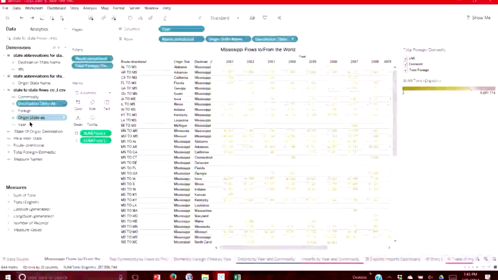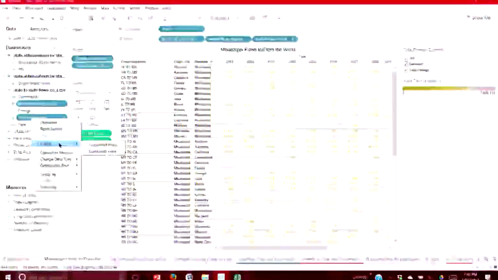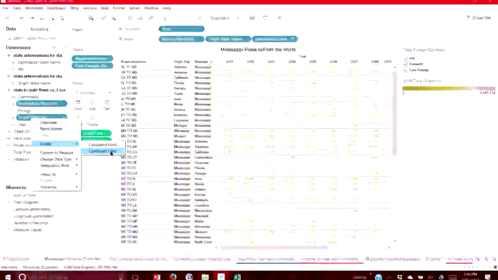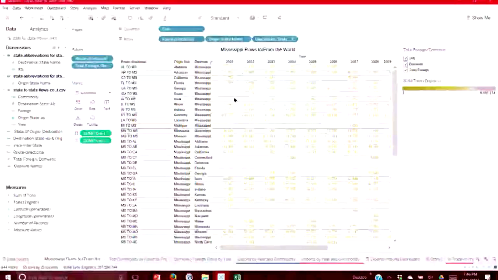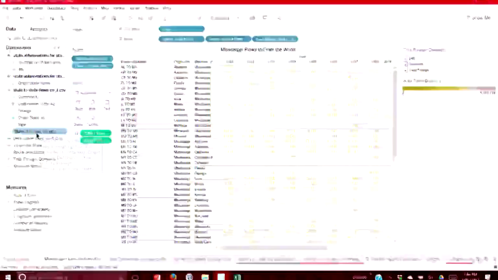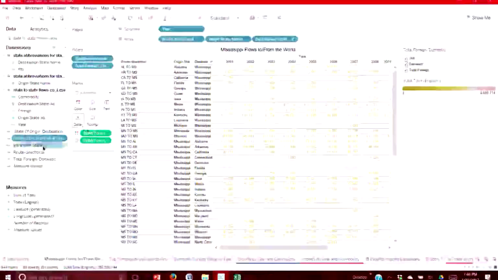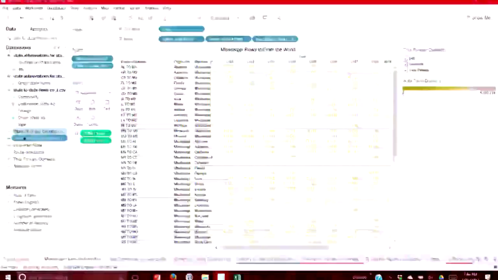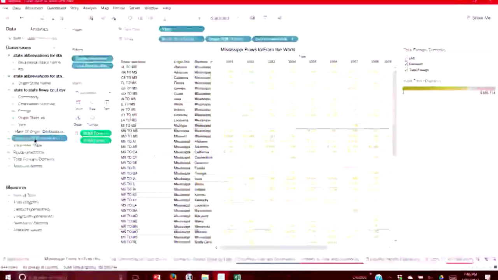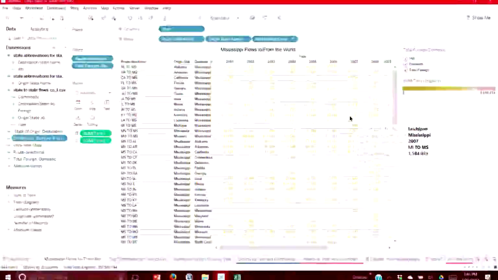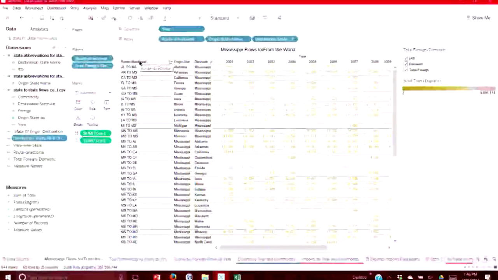Basically, I take the destination state and the origin state. I click on both, and I do create a combined field. Now it just has a comma between it. So, do I need to do that? No, I like having the 2 in front of it because it reminds me that it's a flow. But that's how I developed it, by just adding those two together and putting 2 in it as a combined field. That's how I developed the route directional.